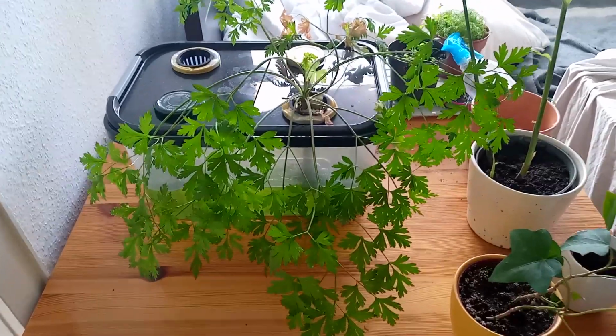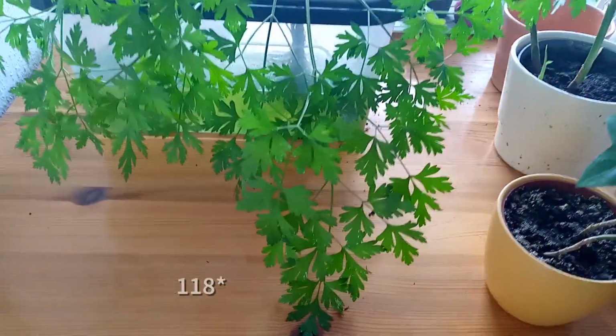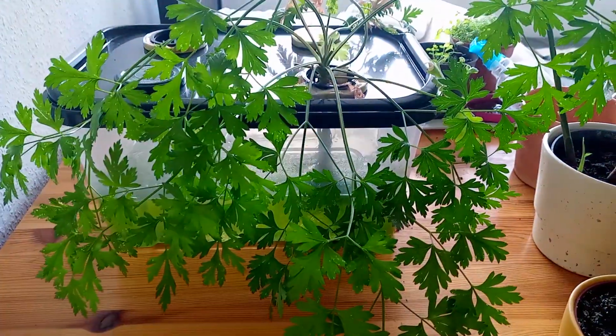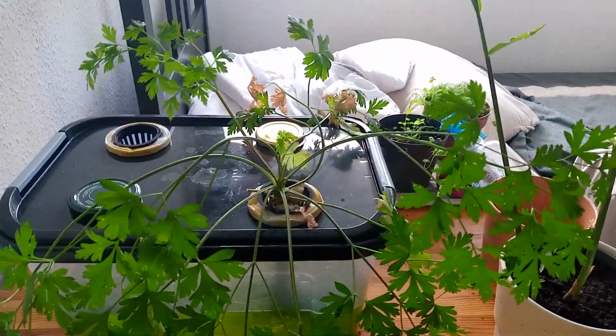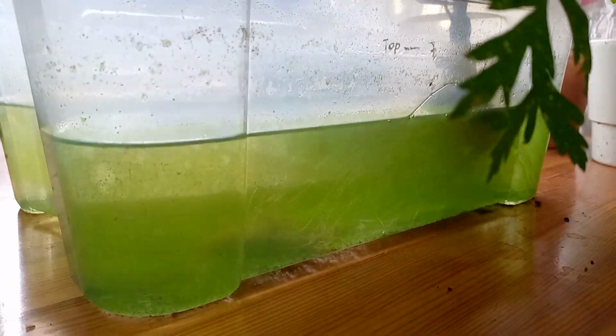So when I came back on day 118, the plant was huge. Yeah, it put out a lot of new shoots, and that's a very big parsley plant. But obviously it's day 118, so it's a very mature plant. The water level also dropped significantly, so you can see